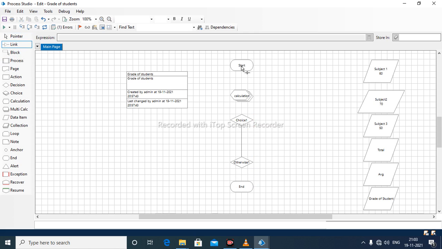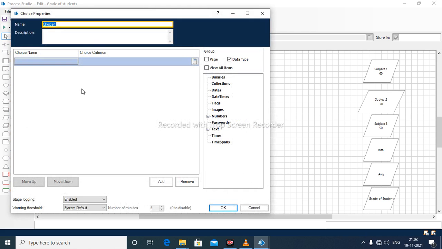So now we will connect the start with the calculation, then the choice stage, and otherwise will end. Okay. Now after that we will work with the choice stage. So what kind of choice do we want to carry out? To decide the grades, decide grades of student.